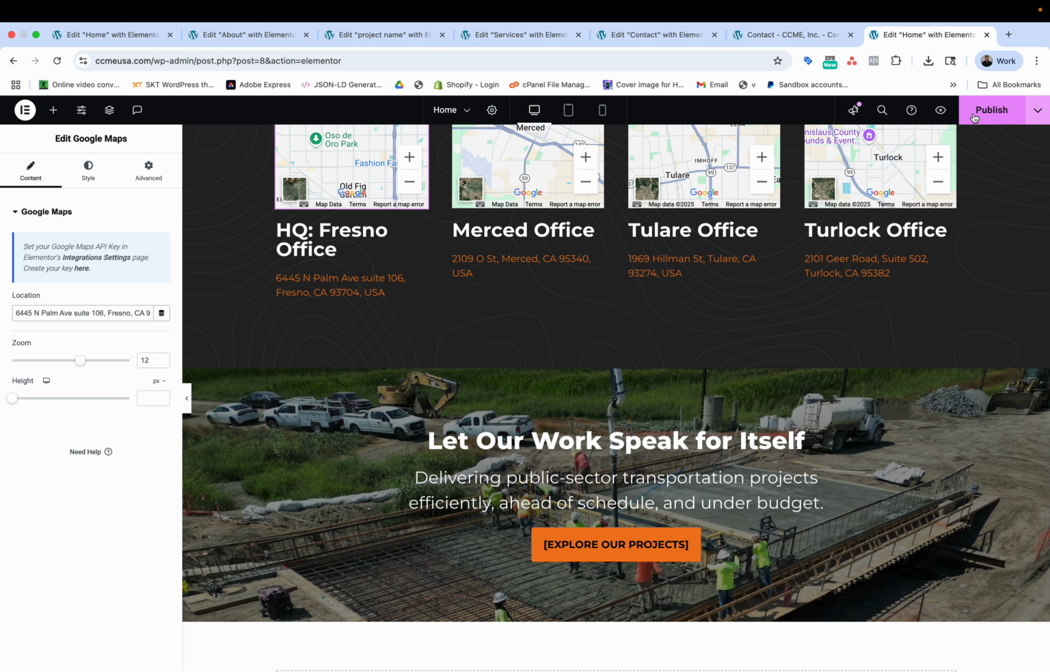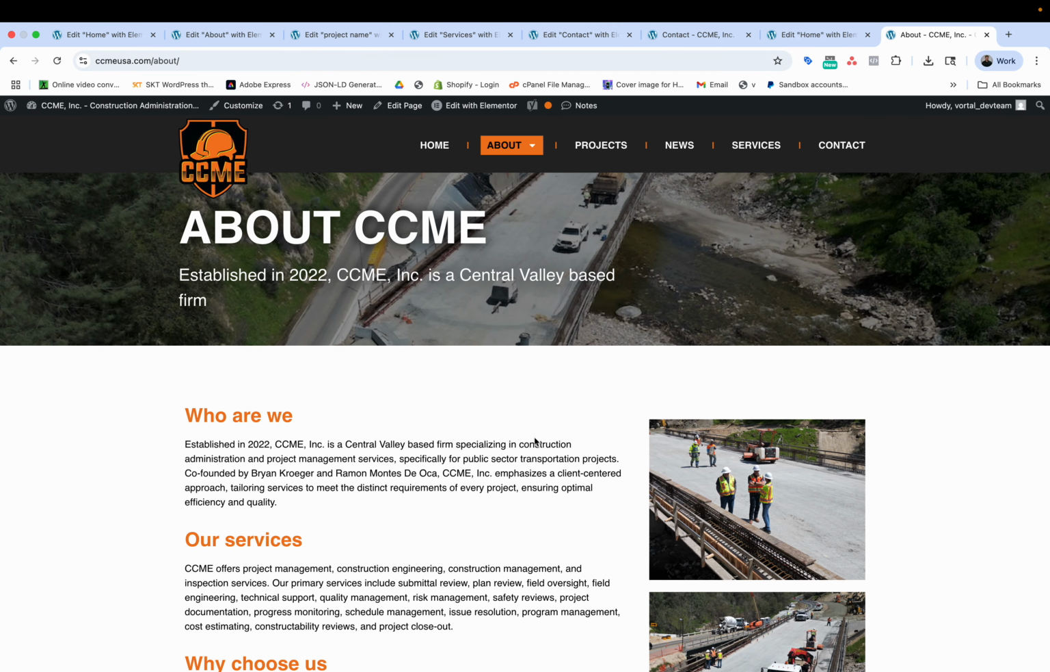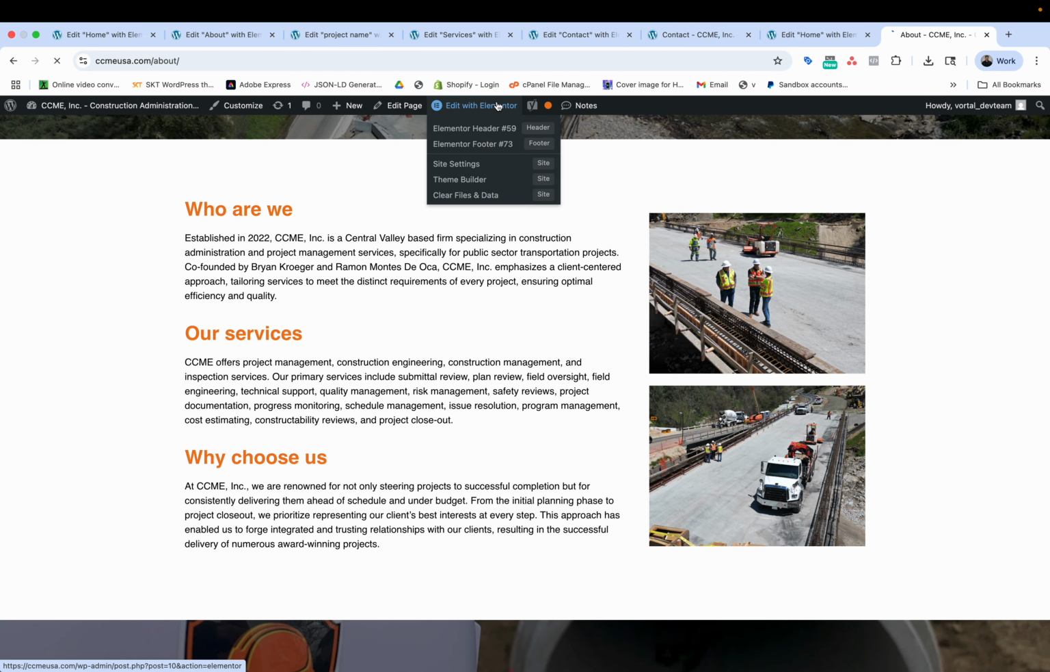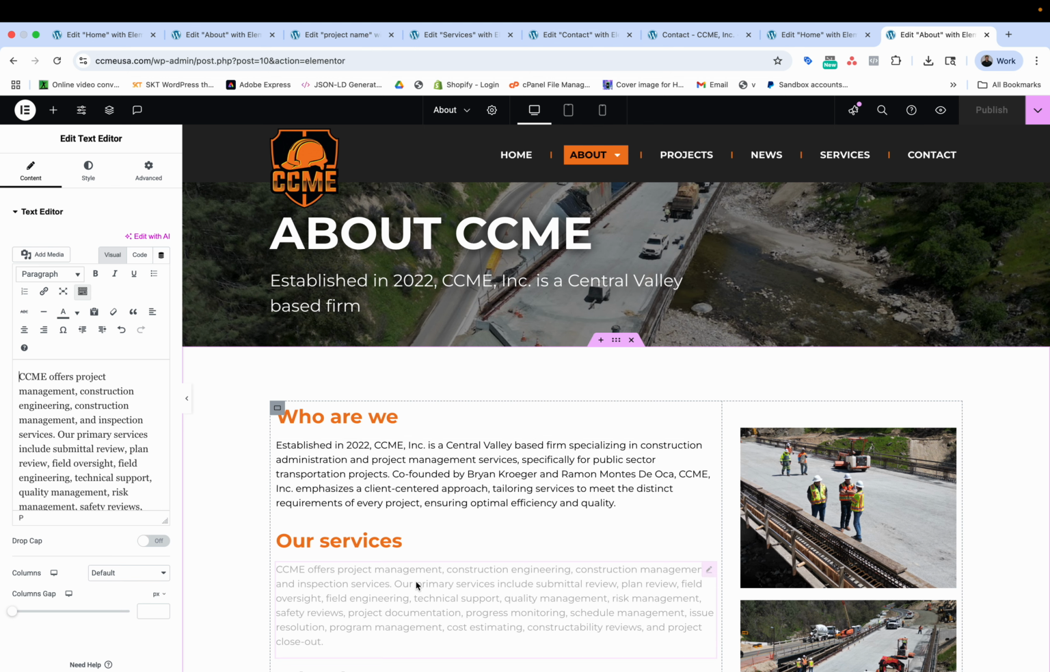Since we didn't make any changes, I'm not going to hit publish. But once you're done making changes, select publish, and you preview your page. Same concept goes with your about and any other contents page. So you see, select any content,